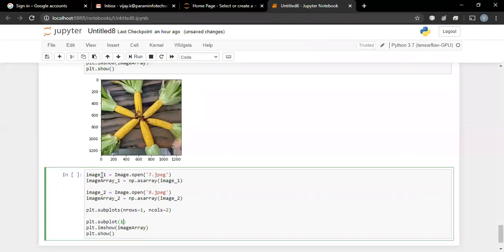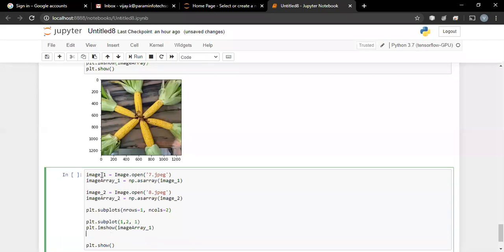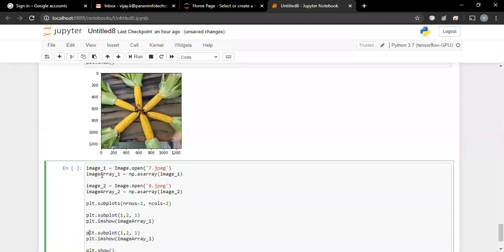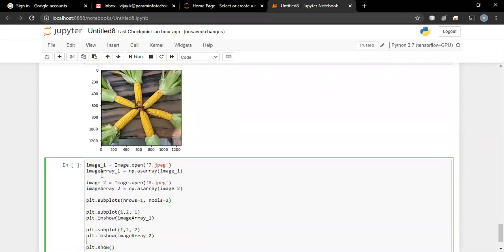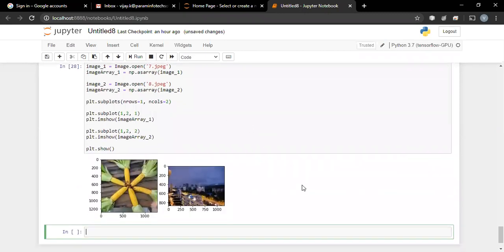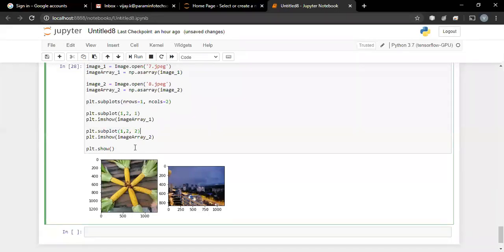Here we are saying there is one row and two columns, and in the first slot I'll go with image_array_1. Similarly, copy and paste: there is one row and two columns, and in the second slot I want image_array_2, and finally plt.show. This is something that we did in the last session. So this is one image, this is another image, and now we want to add these two images using numpy. So what we can do is something like this.